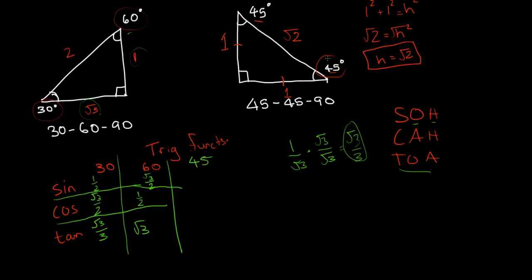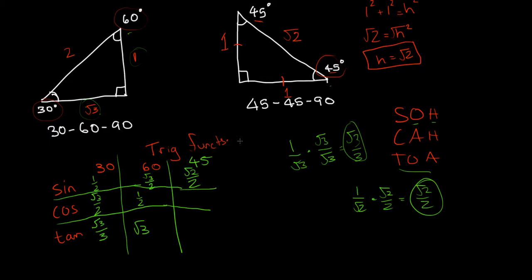Okay, so again, we can just pick any one we like and just work through it. So we can do this one or this one, it's the same thing. So again, sine is opposite over hypotenuse, 1 over root 2. Again, we don't like looking at that, so we clean it up. There we go. And then